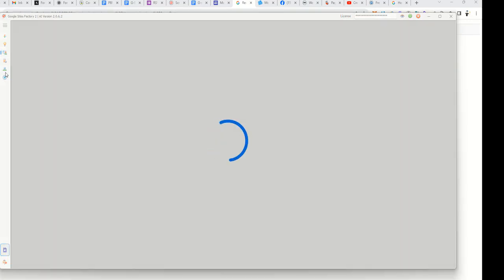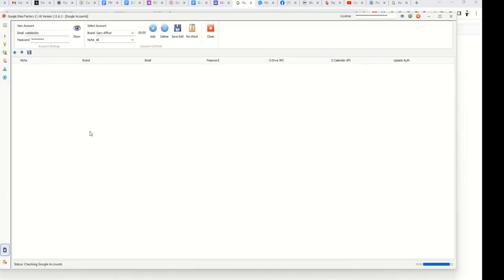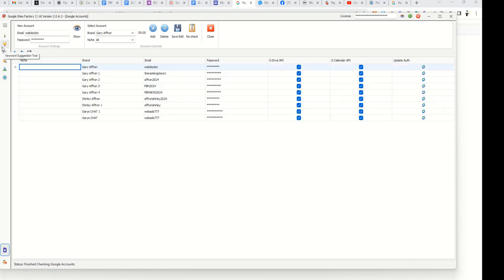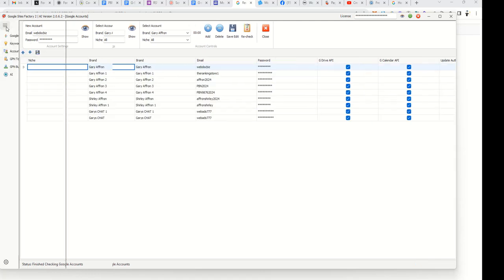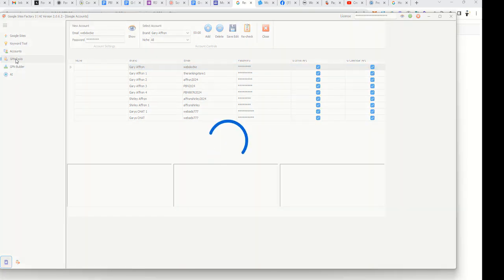Okay, let's go into our accounts. Yes. Let it check our accounts and fill up our APIs. Okay, done. So we want to go into GPN tools